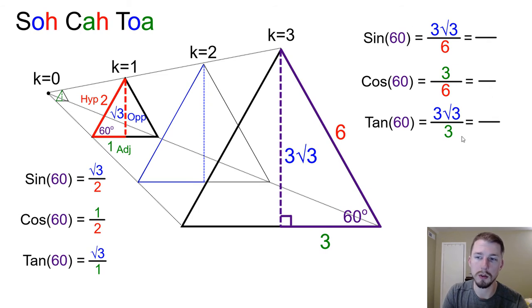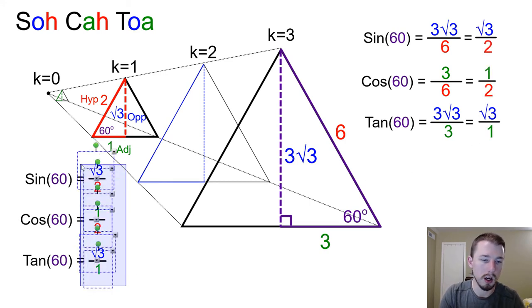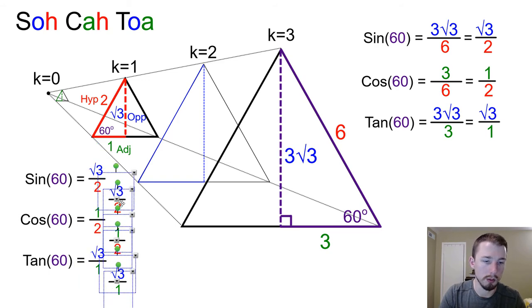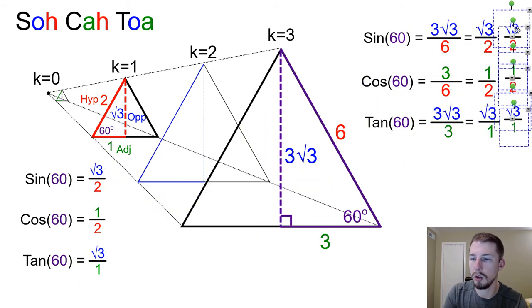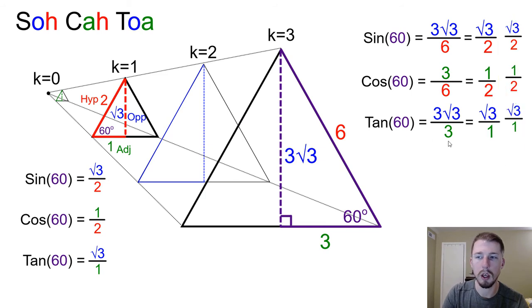So I've already got those here, and if we reduce them by dividing them by their scale factor, they'll go right back to where we started with the exact same ratios. And so if I take the ratios from over here, and I'll duplicate them real quick, and I'm going to move them over here, you're going to notice those are exactly the same ratios, which is kind of the power